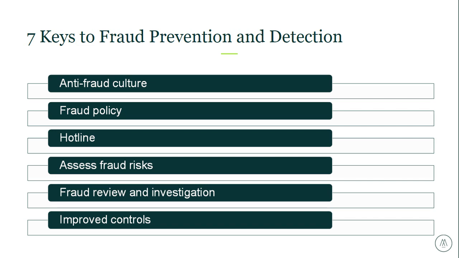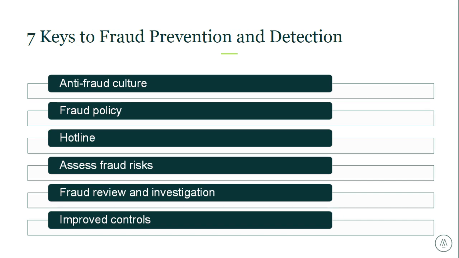Another question I often ask management and those charged with governance is, does your organization have a fraud hotline? And if it's an employee that I'm asking that may be like a payroll employee or accounts payable, can you access the fraud hotline? So the hotline needs to be accessible to all employees via phone, internet, and it should be able to be accessed anonymously by employees. So while the hotline itself can be managed internally, and sometimes it's outsourced to professionals, it's utmost critical that there are procedures in place to monitor complaints and then track them through investigation and resolution.